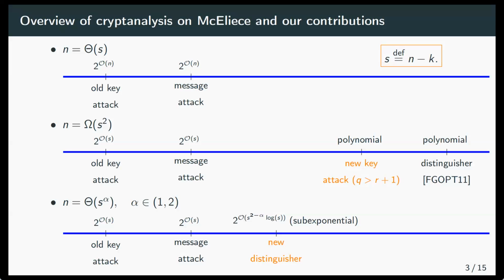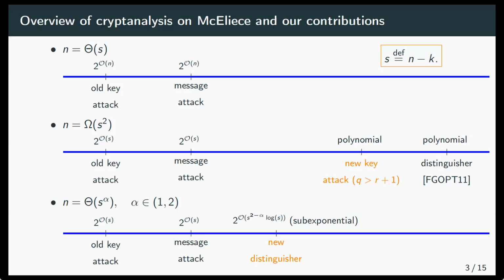So what is the picture of cryptanalysis over the McEliece scheme? Well, if we define s as the codimension, so the difference between the length n and the dimension k, then in the usual setting where we let the parameters grow with fixed rate, so when n grows linearly with s, the two main families of attacks, key recovery attacks and message recovery attacks, have both exponential complexity. However, the coefficient at the exponent for message recovery attacks is much smaller. And that is why when designing parameters, one just needs to thwart the threat of message recovery attacks.